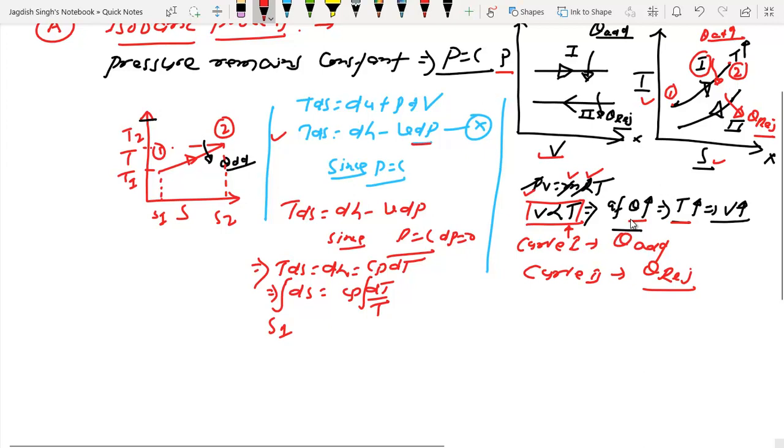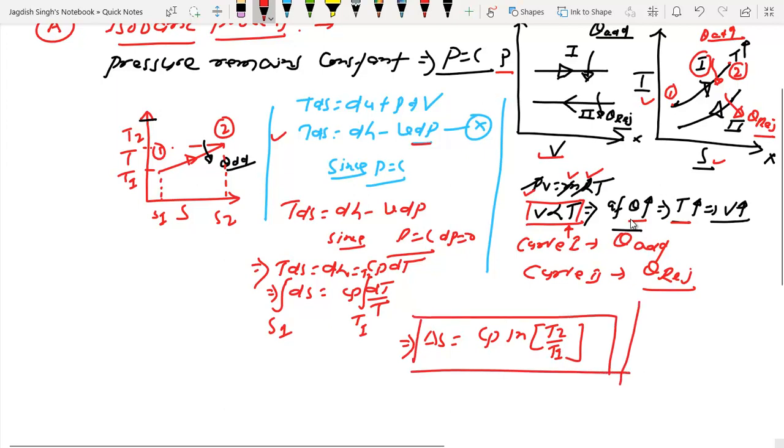So in this condition, the temperature will go from T1 to T2. So this will be equal to del S is equal to Cp ln T2 by T1. This is the change in entropy for isobaric process,